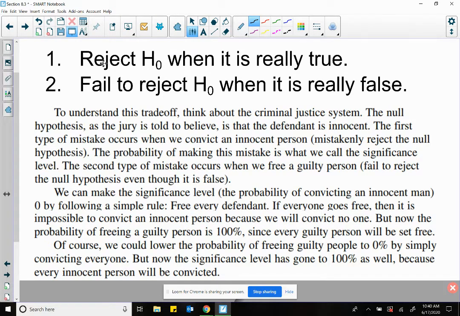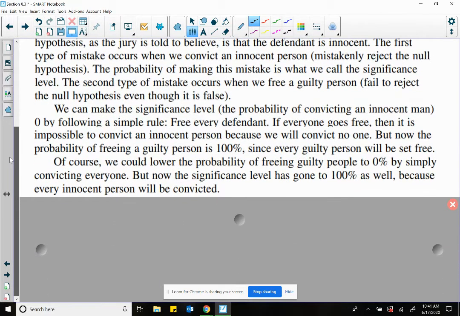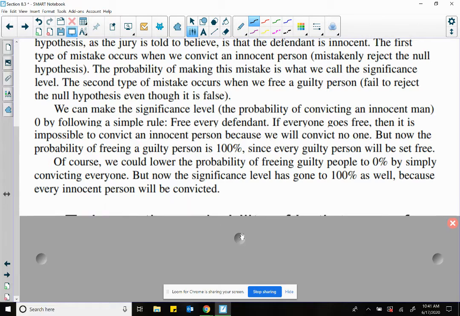So if you lower the significance level to where we will never reject, we will always fail to reject, then you're letting in those that are guilty. But on the flip side, if we lower the probability of freeing guilty people to 0, then that means we will convict 100% of them, but now we're getting every innocent person convicted. So what we do as statisticians is we balance this. And again, we balance that by